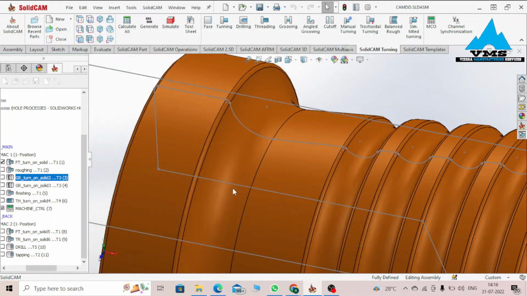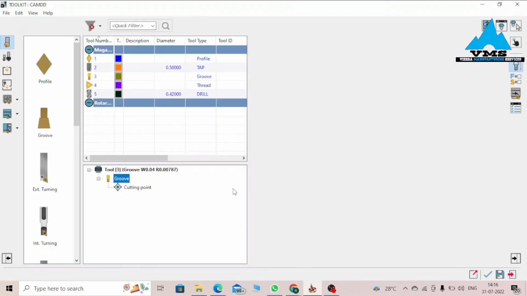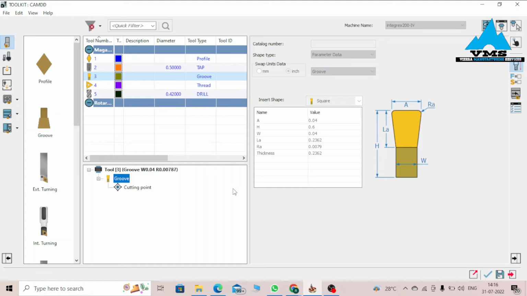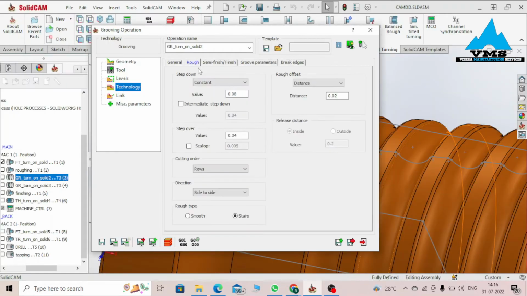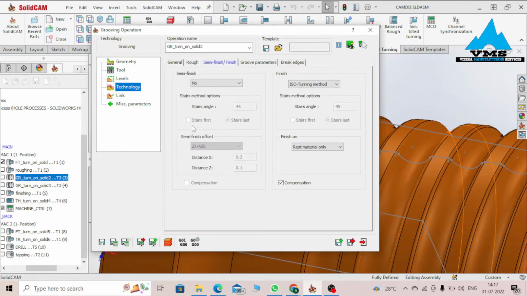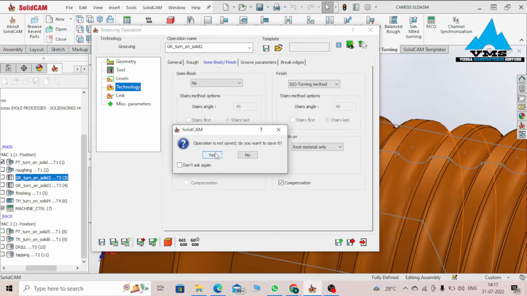Tool, we are using an external groove tool of A.04 and W.04. Technology, we are using a roughing pass and of course a finishing pass. Looking at the simulation,